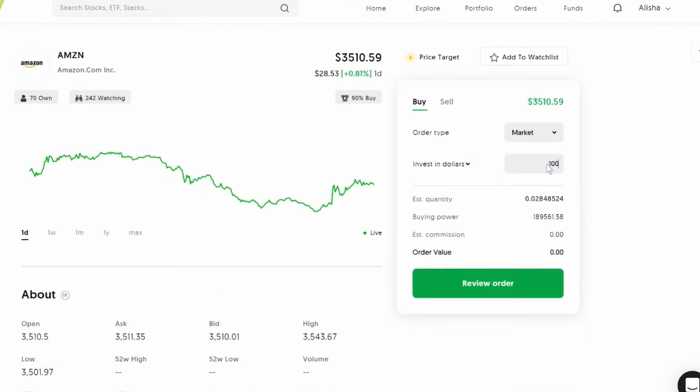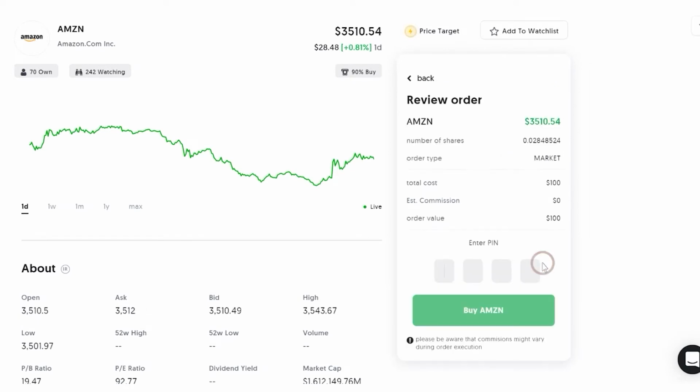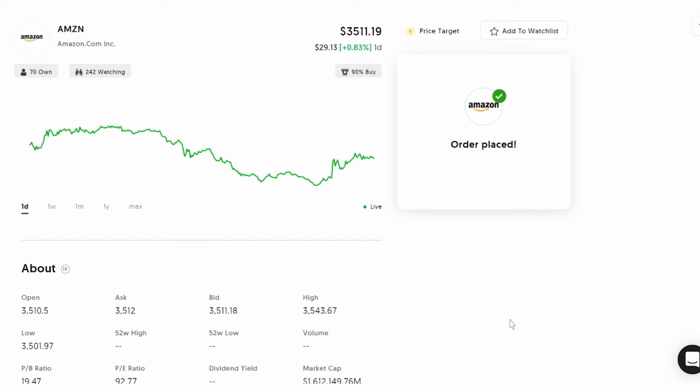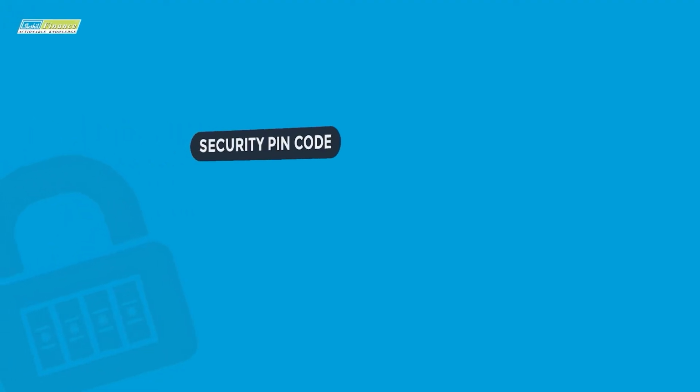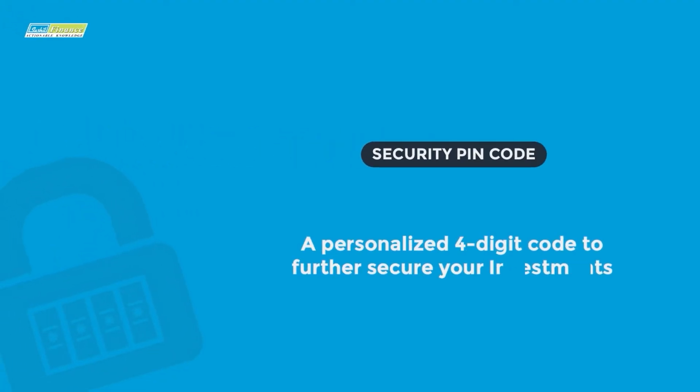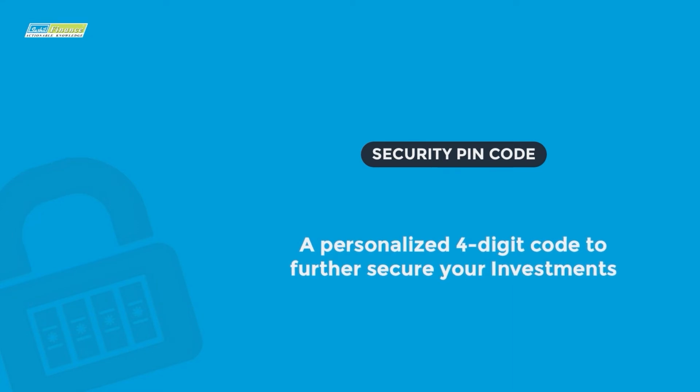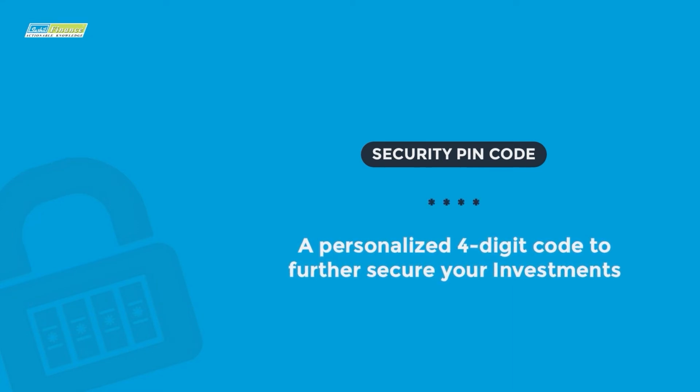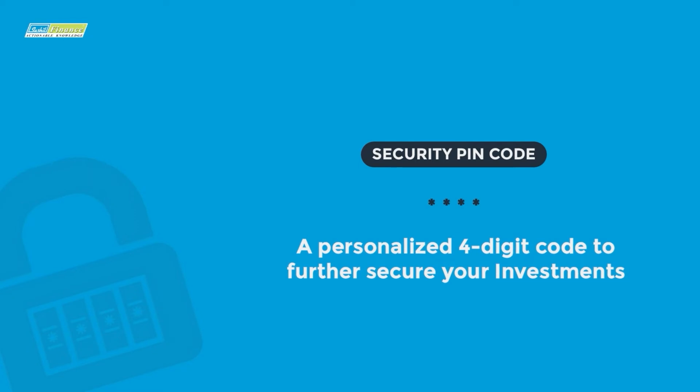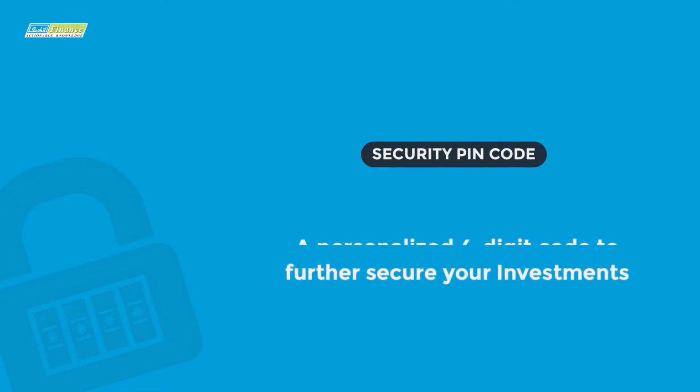Finally, complete your order by clicking on Review Order and entering your 4-digit security PIN. Your PIN code is a personalized 4-digit code which you will be prompted to set during your first transaction. This PIN is set to further secure your investments and to ensure that you are the only one placing orders